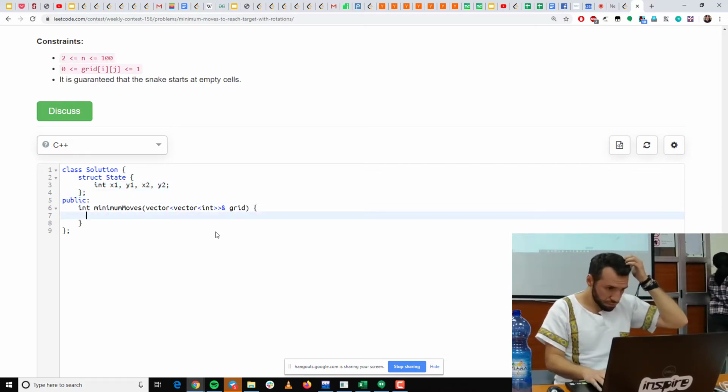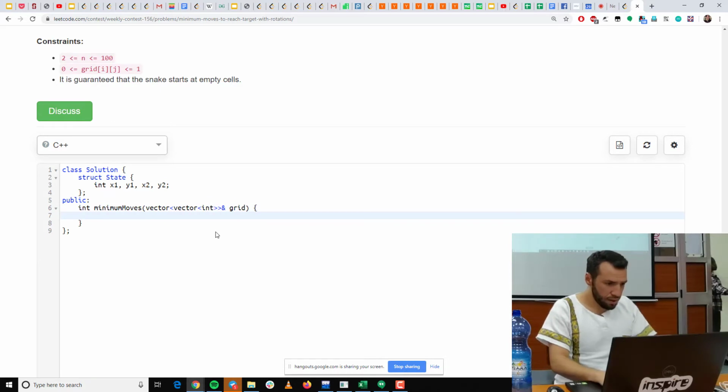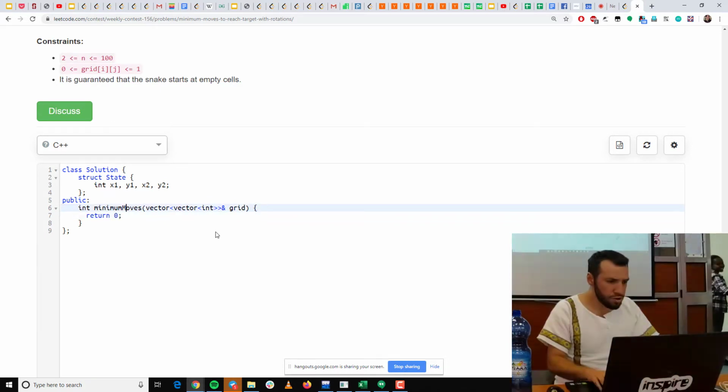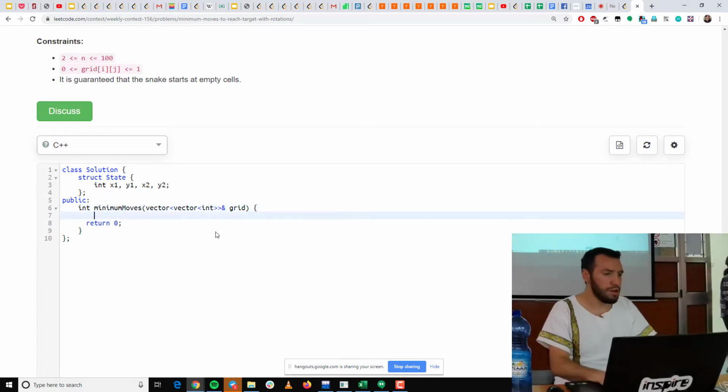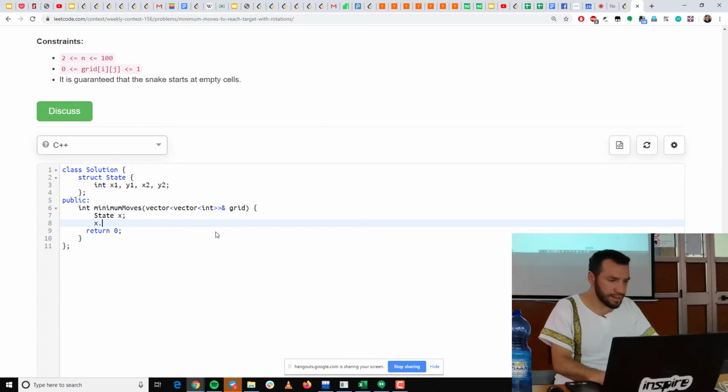And let's say return 0, just to make sure we are able to work with the state. I want to define a state, x, and then say x dot x1 is equal to 1, x dot x2 is equal to 2,